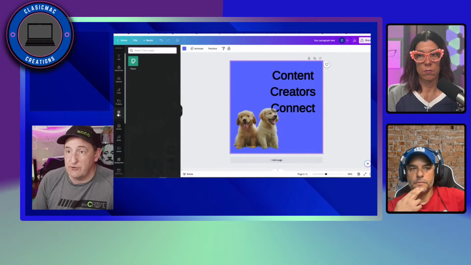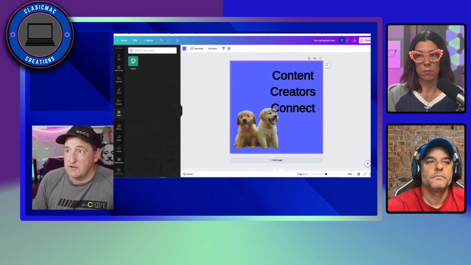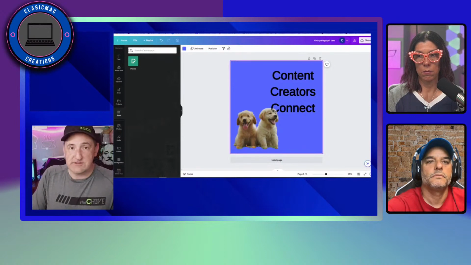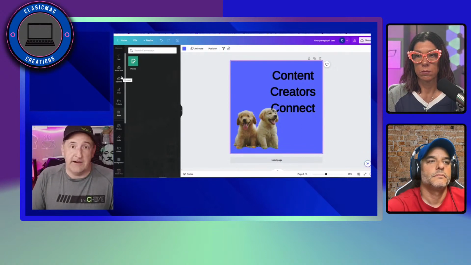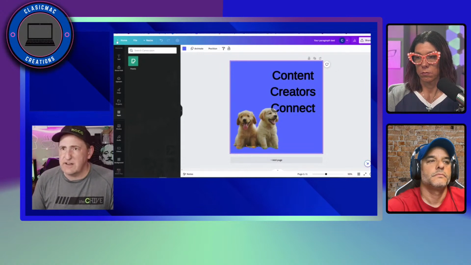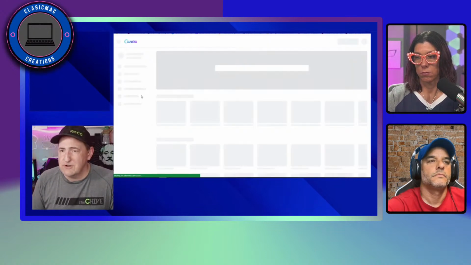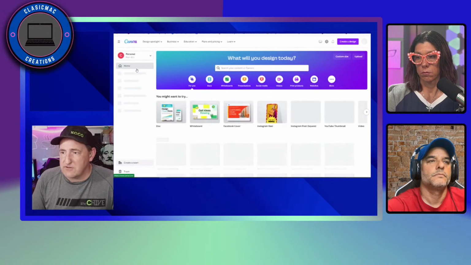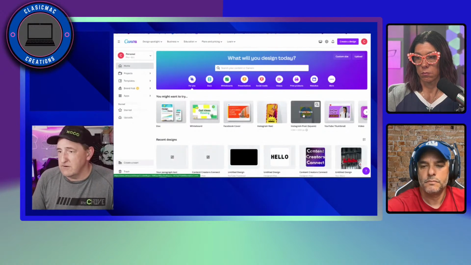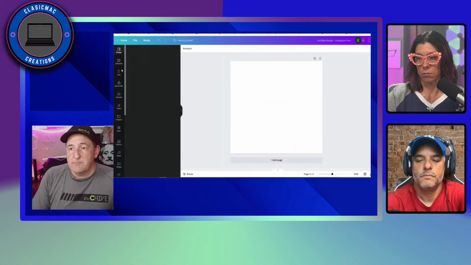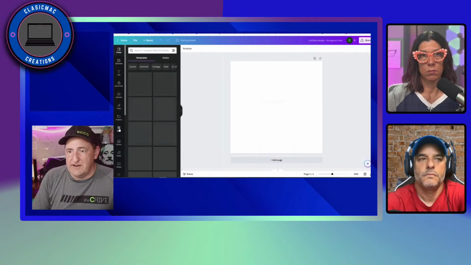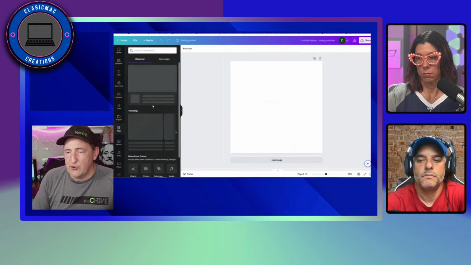So if you want to do something that is related to photos, there's tons of those types of things, productivity tools as well. You can connect your Google Drive. If you have photos up there, you can connect it to, I believe you can connect, see if you can connect it to a Dropbox. Let's do a brand new one here. But there's a ton of apps for you to go and